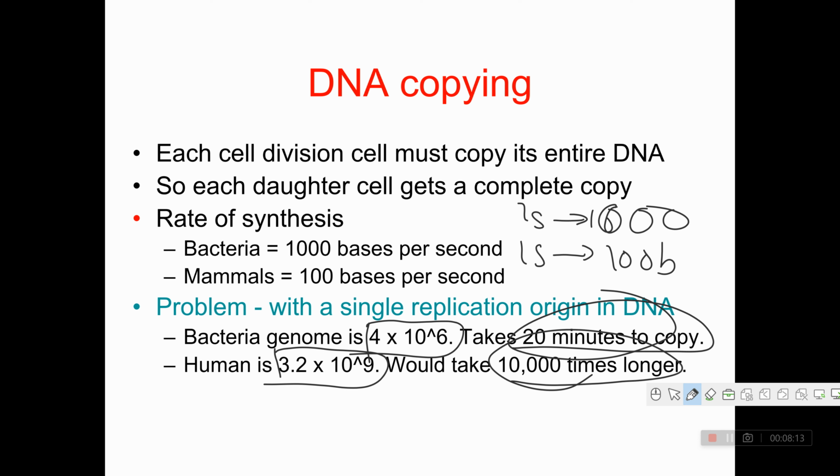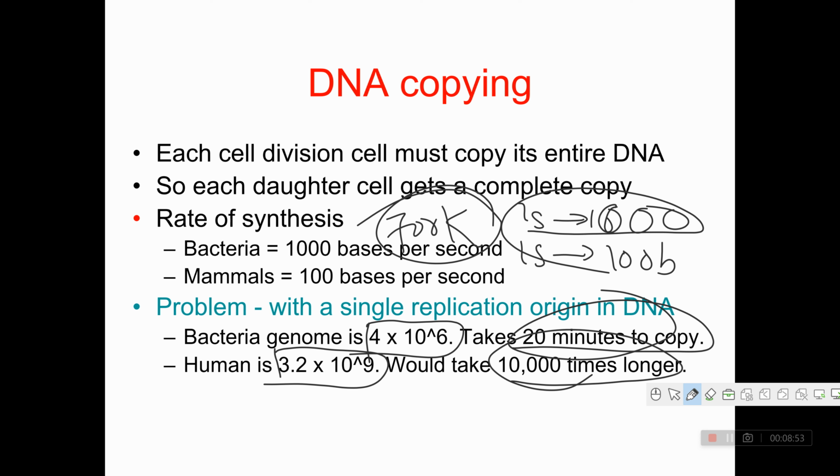This is because in bacteria, the synthesis rate of the bases will depend on the origin of replication, meaning the opening of the fork, that is called the replication fork. This depends on the origin of replication. Bacteria have a single origin of replication, whereas in mammal more than one origin of replication is present.